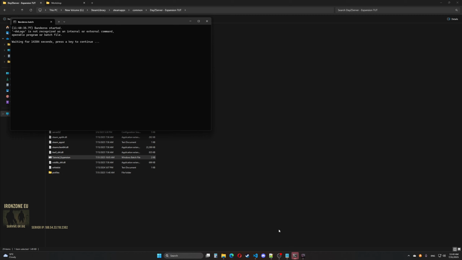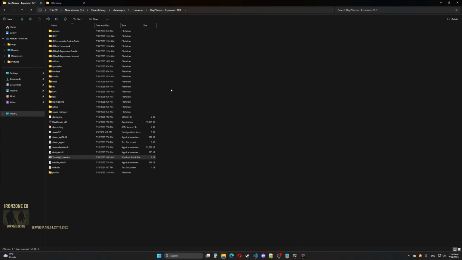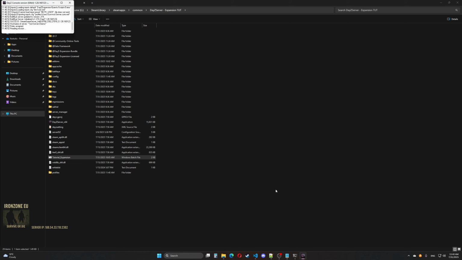The second one is gonna install all the things we're missing, because we're missing the profiles folder and some other stuff. When it's finished, we continue.